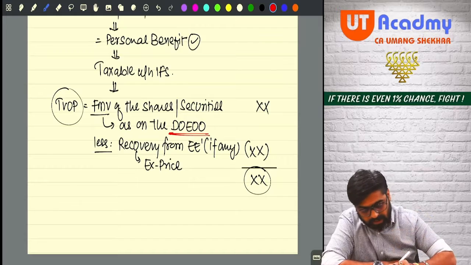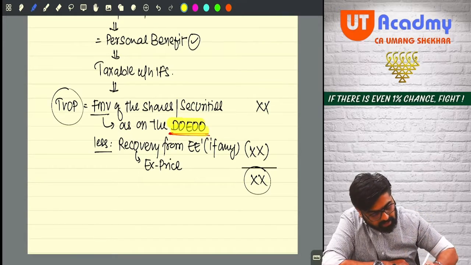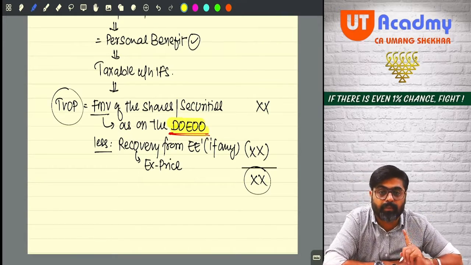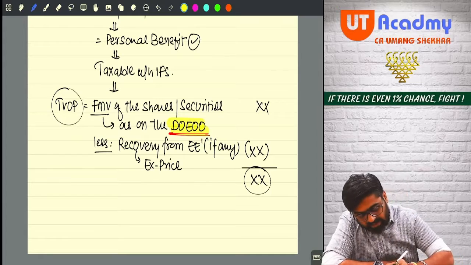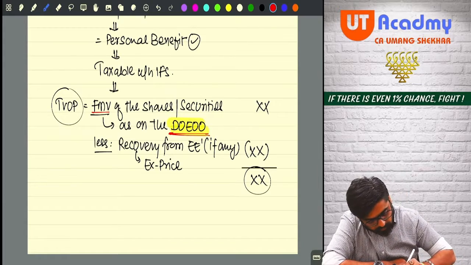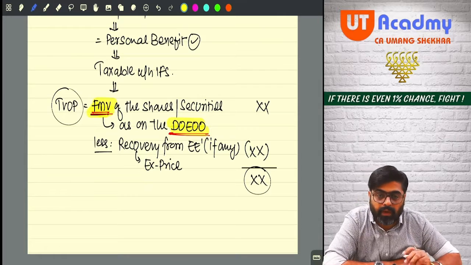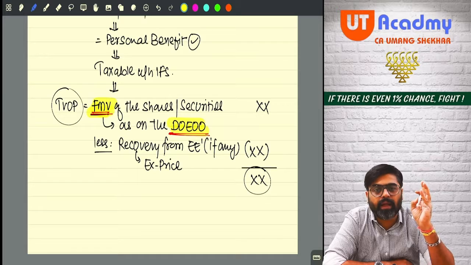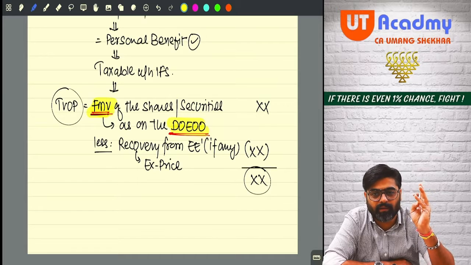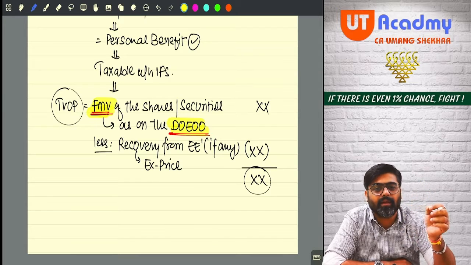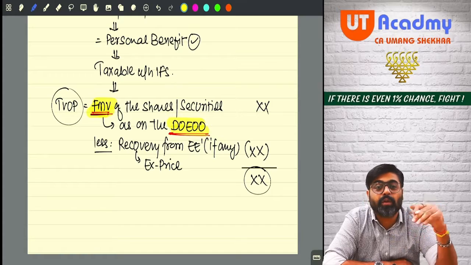You are now supposed to check the date on which you are exercising the option. This date is very important, because as on this date only, the fair market value of the shares will be determined. Now, how to determine this fair market value? As per Rule 3.8 and Rule 3.9. But don't worry, you will not be asked to determine this value,